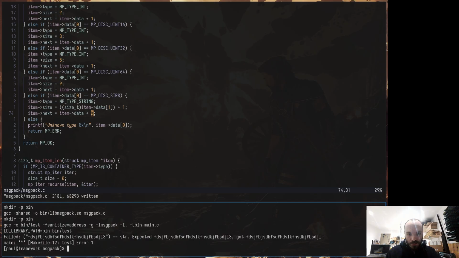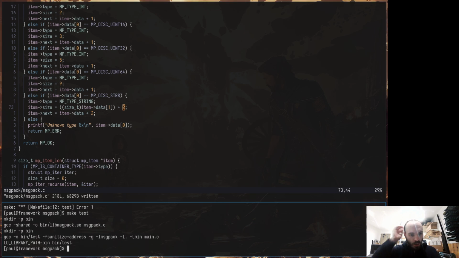Failed. So now it looks like my size is not correct, which makes sense because my header size is something plus 2. Okay, correct. I don't think I can test a string 16 because that means I need 65 kilobytes worth